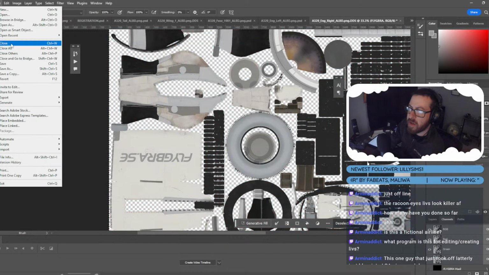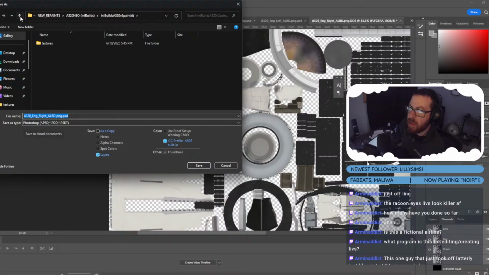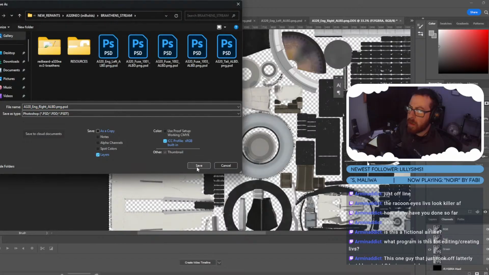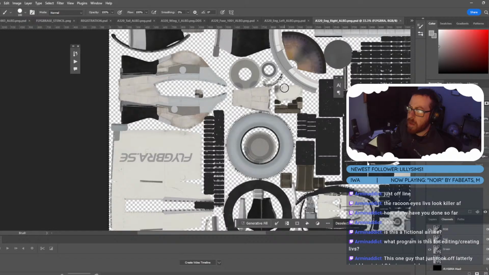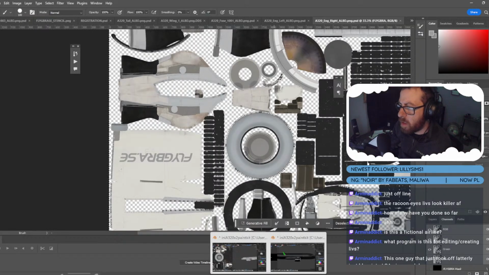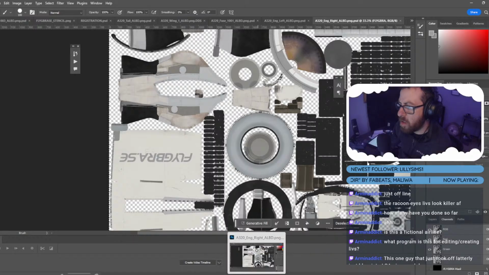Hide that file, save as. Then we need to, like we did earlier,